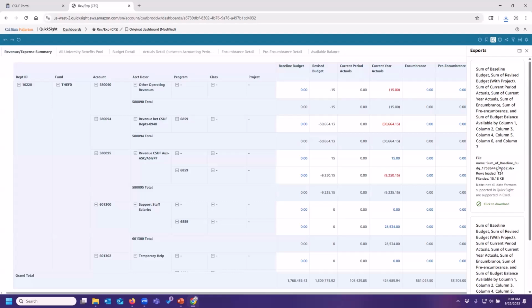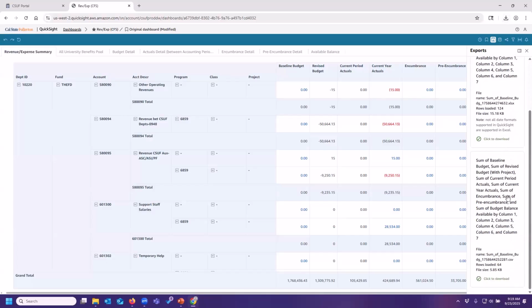Like, I taught this class yesterday, I can't see the exports that I did in there. It's only showing me what I've done right now. So you'll want to make sure if you do export anything, that you do go grab it from here if it doesn't automatically download. In this case, for Chrome, it automatically downloaded them for me. But if it doesn't, or you just need to re-download it, you can come here.